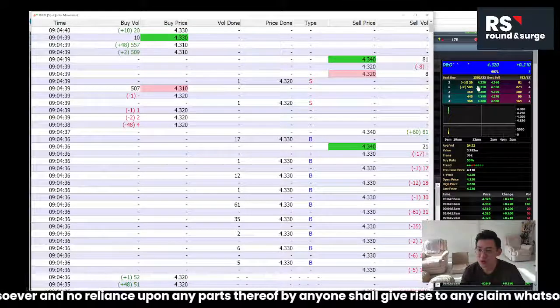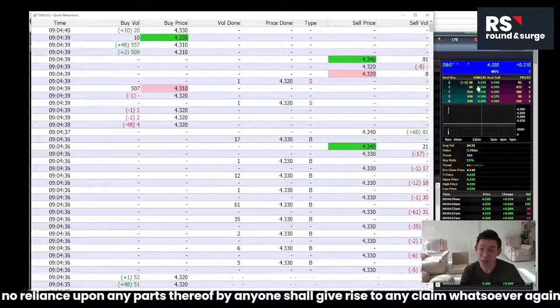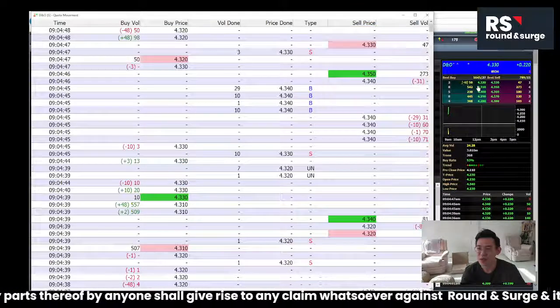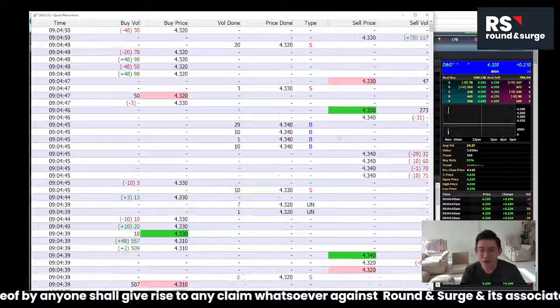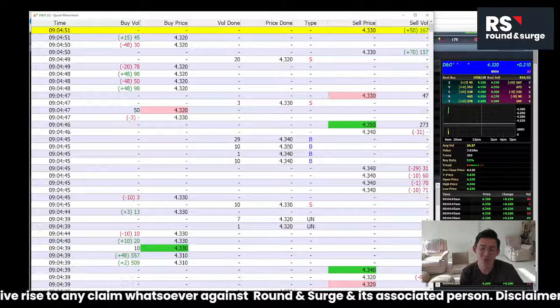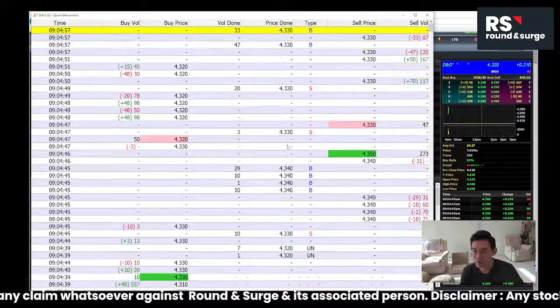It's okay. So at least we have nasi lemak with ayam goreng. We can have nasi lemak with ayam goreng this morning. Okay, so yeah, that's here. Price is up at 432. Since we are here and I've already exited, we're going to